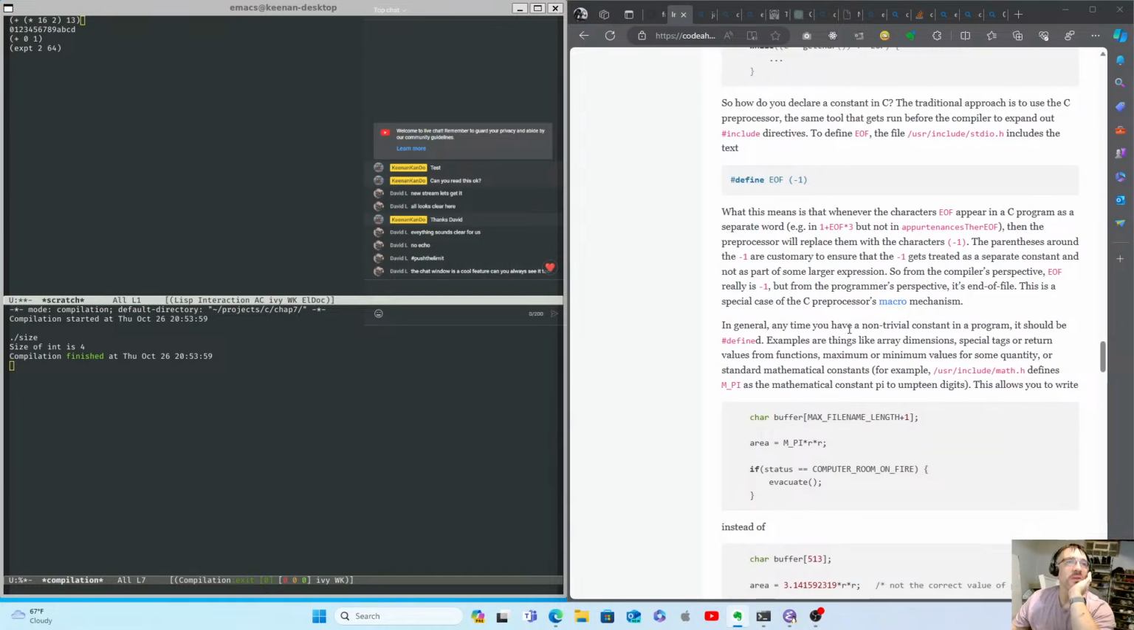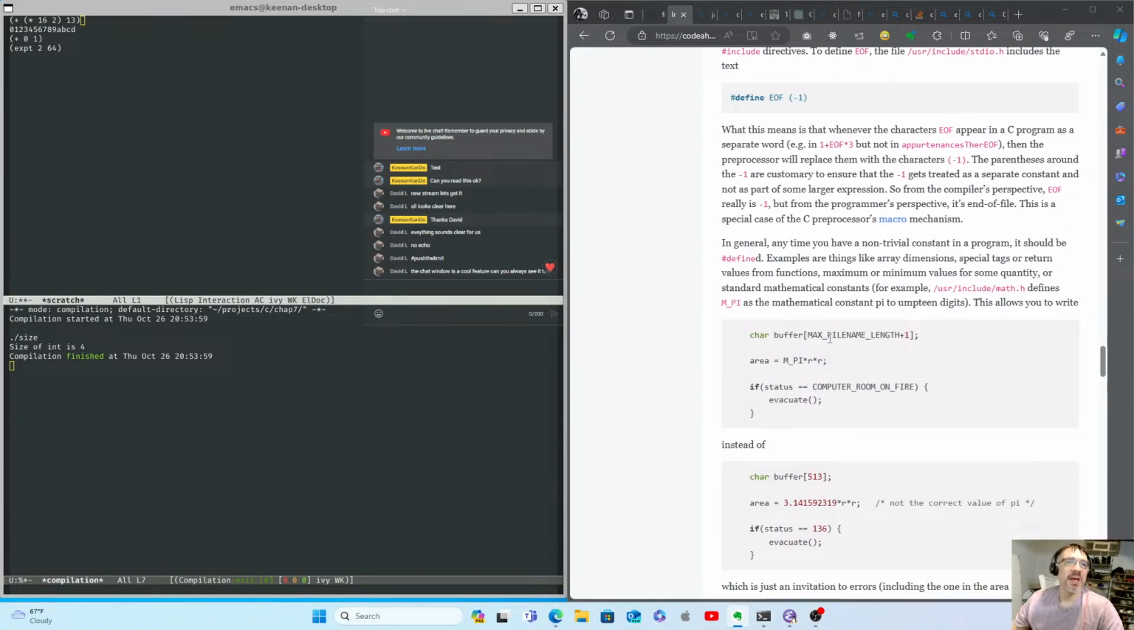In general, anytime you have a non-trivial constant in a program, it should be defined. Examples are things like array dimensions, special tags or return values from functions, maximum or minimum values for some quantity, or standard mathematical constants. For example, math.h defines M_PI as the mathematical pi to umpteen digits. This allows you to write char buffer[MAX_FILE_NAME_LENGTH + 1], area equals M_PI r squared, if status is